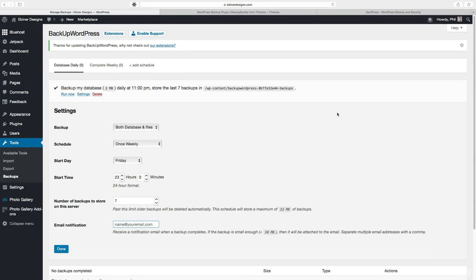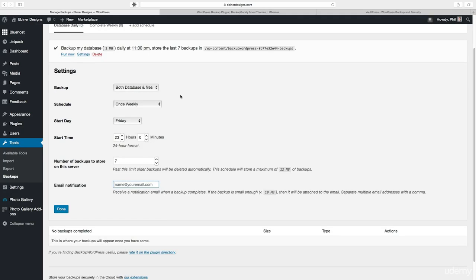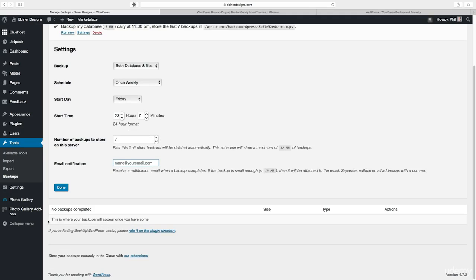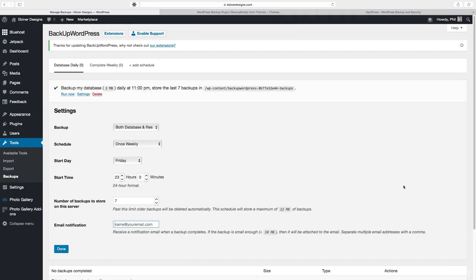I was just mentioning if you do make a lot of changes and you just want to back up your website manually, just click this Run Now button. After you've run some backups or after enough time where it's done multiple backups, it will show all of your backups down here. And you can download them straight from here. It'll be under Actions. So that's the Backup WordPress plugin. I can personally highly suggest using this one, and it's a very important one to install and activate and get set up right when you start.